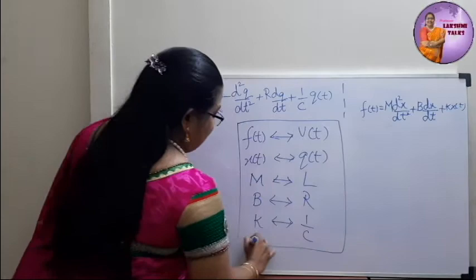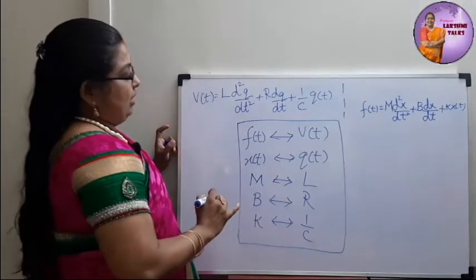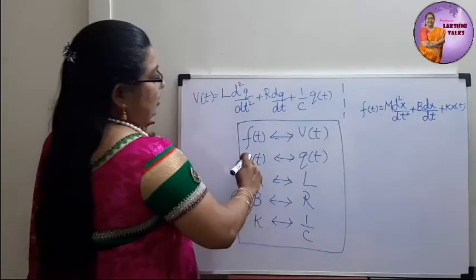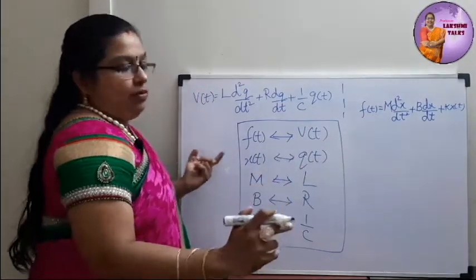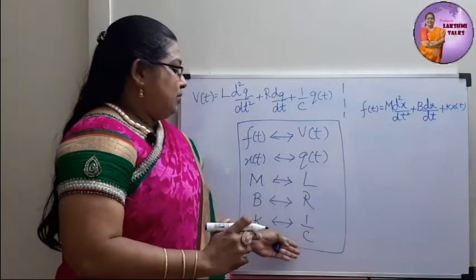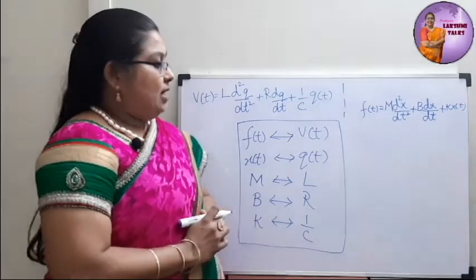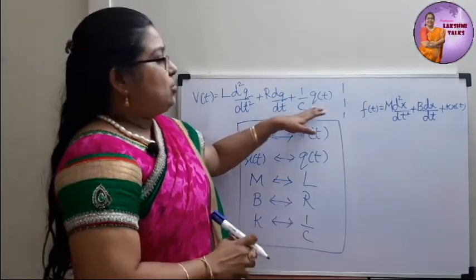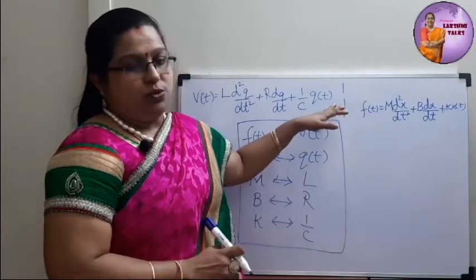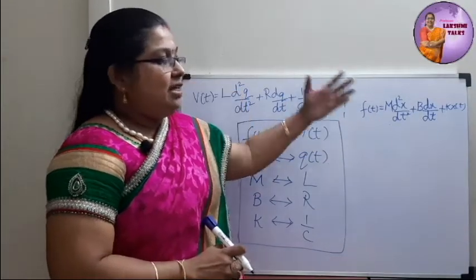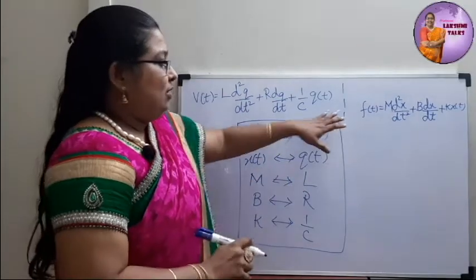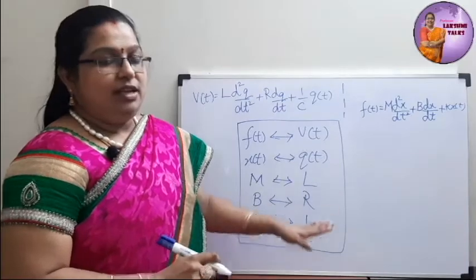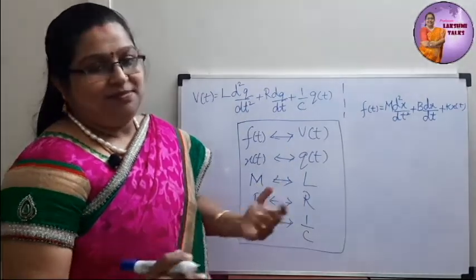Okay, so this is the force voltage analogy, and this also you can include dx by dt is equal to I of t. So, this you need not learn by heart. See, when you just know these two equations, these are very simple to have in mind, right? We can easily formulate just by drawing the circuit. So when these two are there, you can directly write this analogy, and there is no need to learn it by heart. Okay, clear?